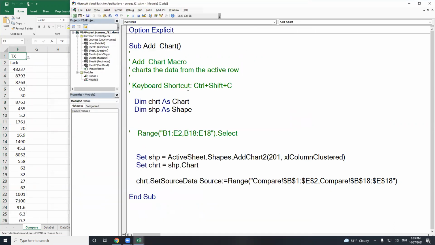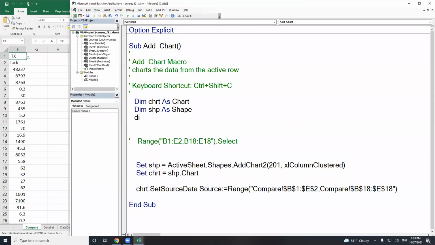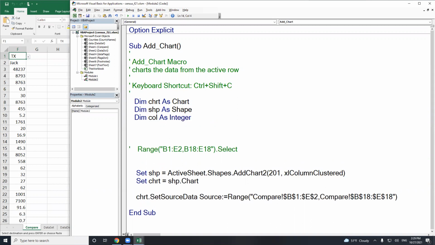So let's just create a variable to keep track of that. Let me dim col as an integer. There are only like 16,000 columns, and so integer, which is plus or minus 32,000, is plenty big to handle all the columns we can have. And maybe I'll do this first thing. Maybe I'll say, I want to set col equal to